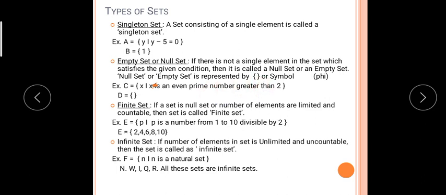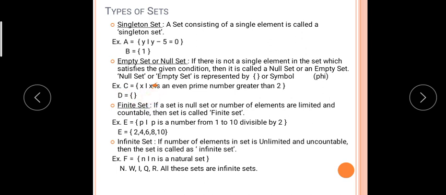The set has only one even prime element, that is 2. Only 2 is there. Is any prime number greater than 2 there? No. This means C is an empty set, because none of the elements satisfies this condition, and therefore C is an empty set, or D, there is no element. So in this way it is represented in the rule method, and in the listing form.